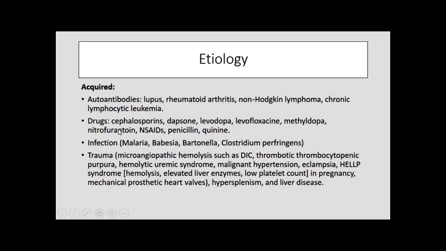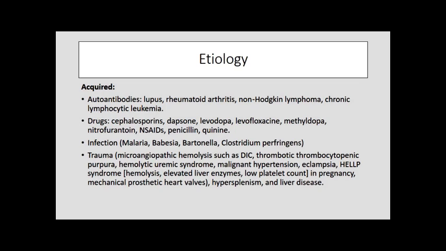Some infections like malaria, Babesia, Bartonella, Clostridium perfringens, and trauma, people who have any kind of microangiopathic hemolysis, for example, disseminated intravascular coagulation, TTP, which we're going to study probably next week, thrombotic thrombocytopenic purpura, hemolytic uremic syndrome, people with malignant hypertension because of the very important generalized vasoconstriction,